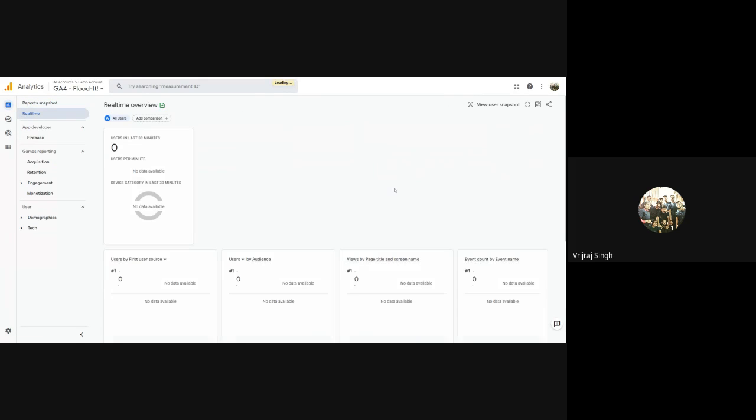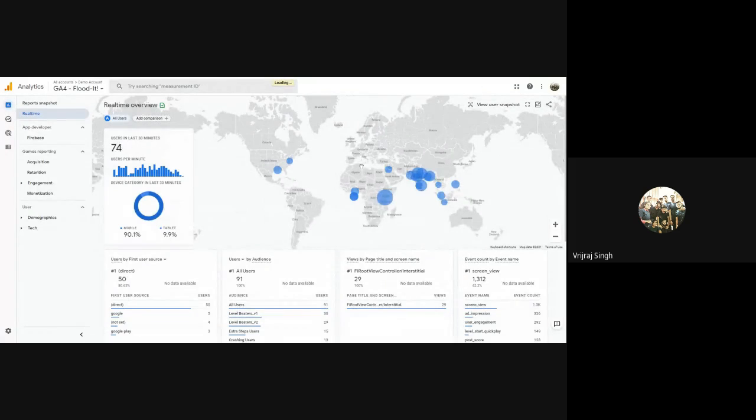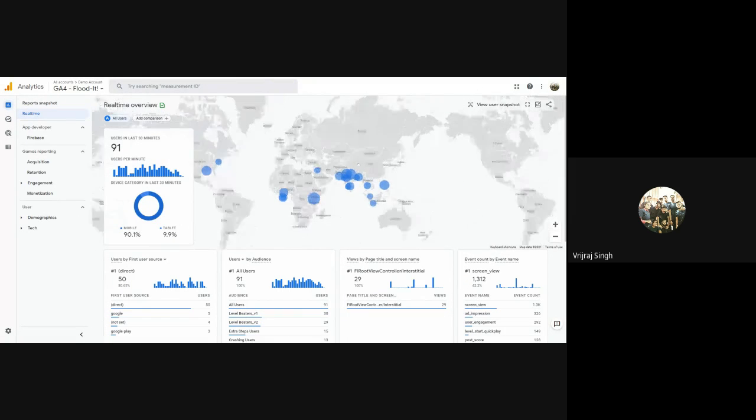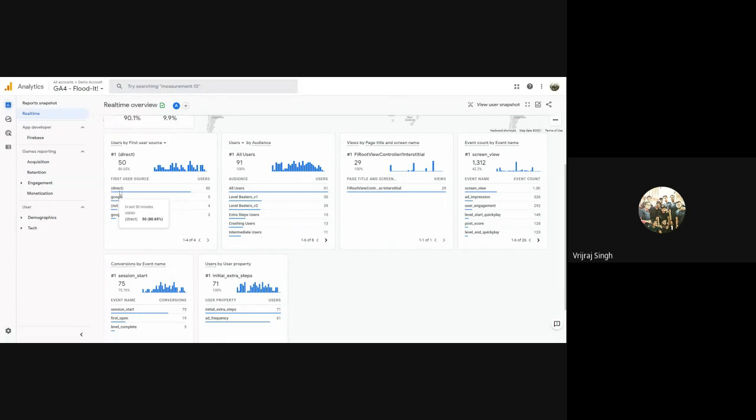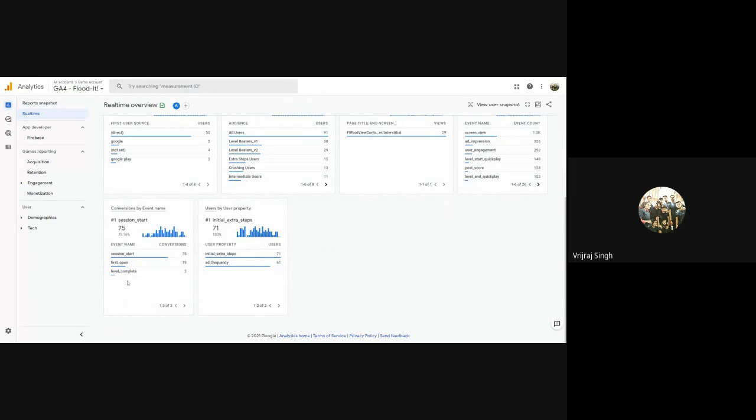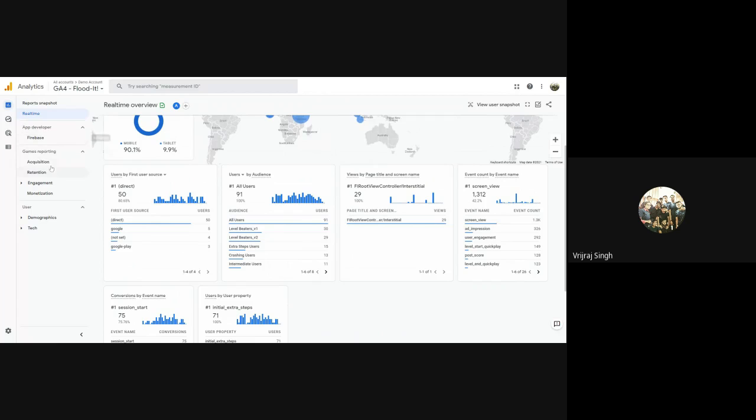So I'll show you the data. Here we have a real-time report about the website. Right now there are 91 users using our website, and here we have locations, and they are coming directly. Some of the users just came to our website from Google search results. Some are from Google Pay, and you can also check out the screen events. You can also check out the sessions. You can check out all the information, and here also you can check out